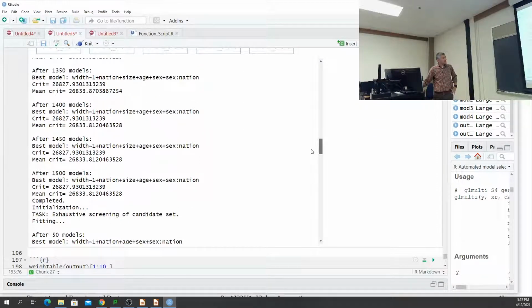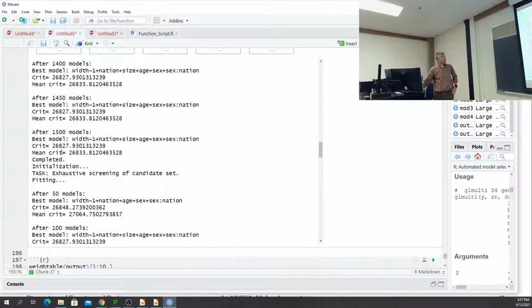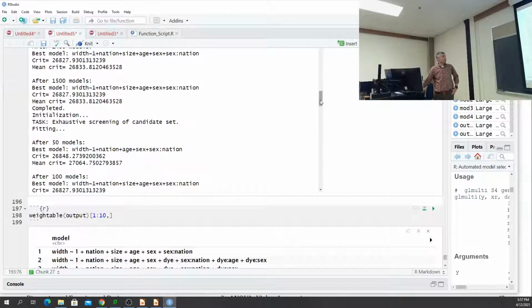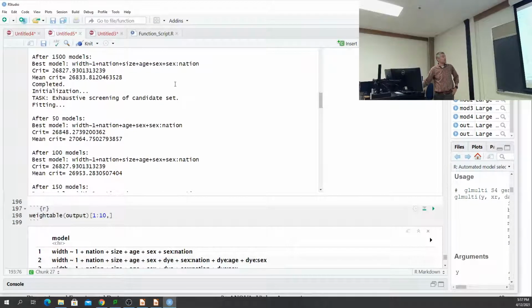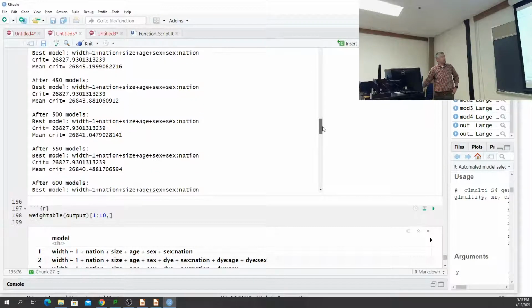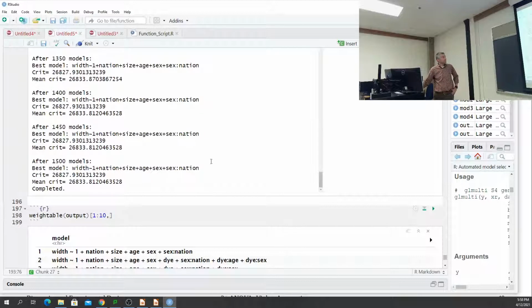there it is. Yeah, it went 1,500 models. So exhaustive screening of candidate set, fitting, and it's finding all these different ones, and you can see that it found one model here, but then it found a different model, and now at that point it's starting to find the same model repeatedly. But because we have such a large data set, it's going to keep going until it feels confident that it's